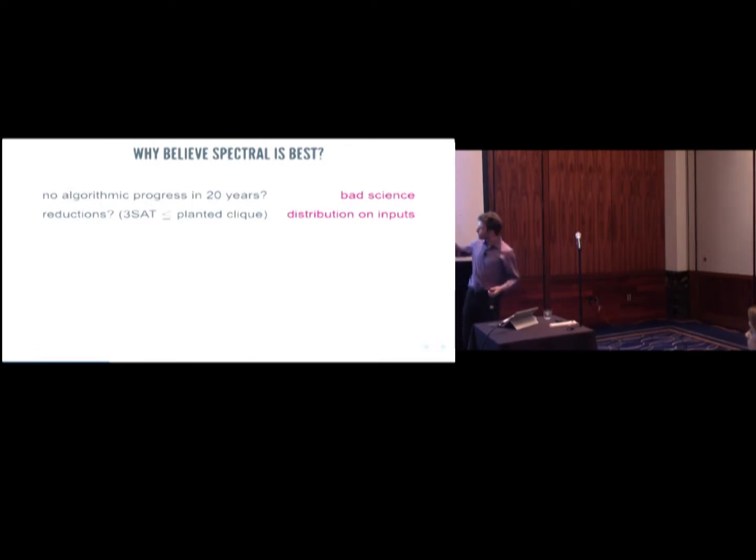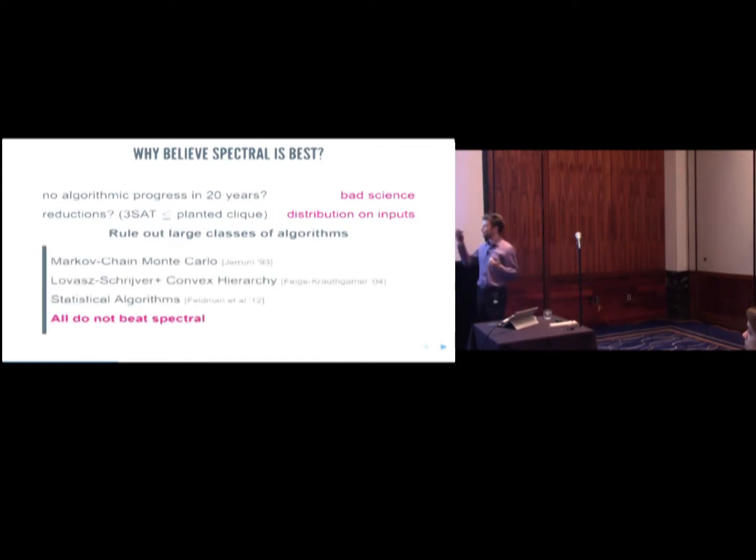So in the absence of evidence of this form, like a reduction, what we would like to do is rule out large classes of algorithms. This is a project the theory community has been engaged in for 25 years or something now, which is to formalize what it means for an algorithm to use such and such a technique, and then show that no algorithm which uses only that technique can go beyond the spectral threshold, can get to n to the 0.49 in polytime. So all the way back in '93, Mark Jerrum showed that Markov chain Monte Carlo-based algorithms can't go below